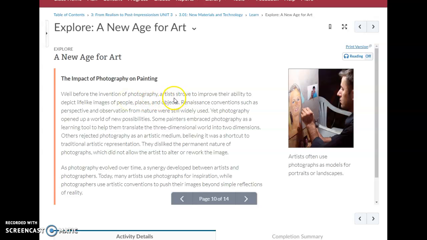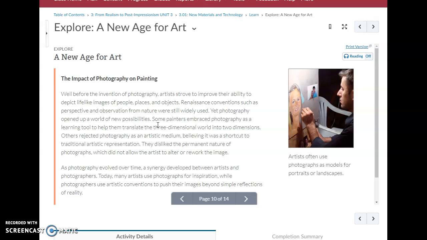Before we had photographs, artists were trying really hard to learn how to make paintings really realistic. So they would use things like perspective, which we'll talk about in class, and observing nature. So trying to paint what you see and make it look exactly the same. And then photography came along and opened up a world of new possibilities.